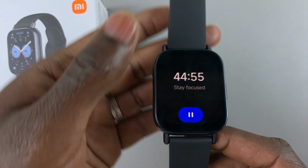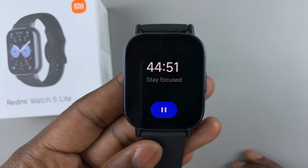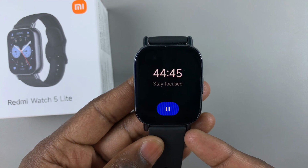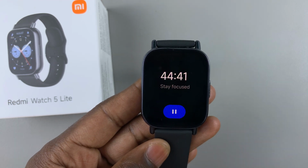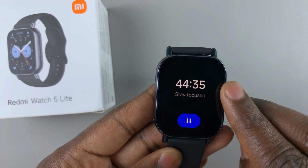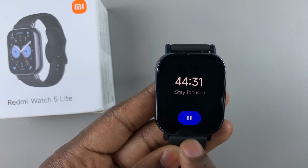Now during focus mode, you're not going to be notified, even if you've set notifications on your watch, you'll not be able to receive them until this time elapses. Now this focus mode is going to end after the period elapses, but if you want to end focus mode early